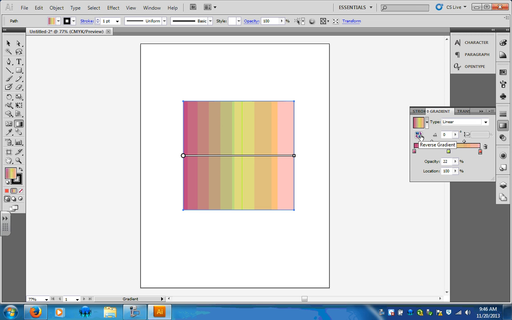Right here you have your reverse gradient. That basically just goes ahead and flips it. That can obviously be helpful as well. That's pretty much it